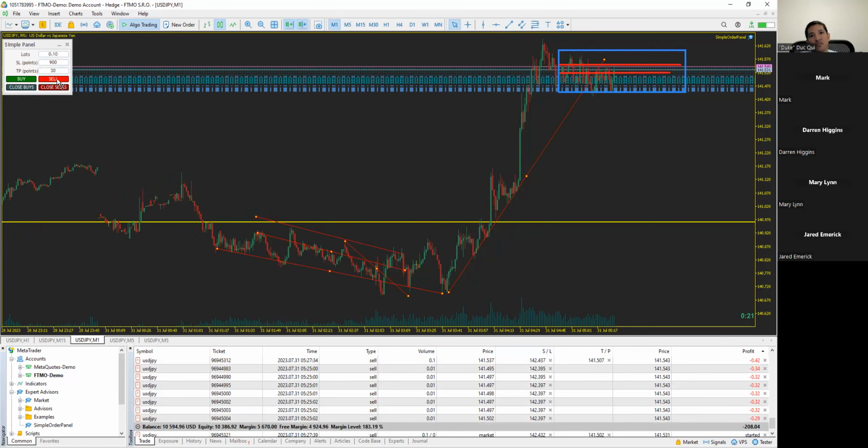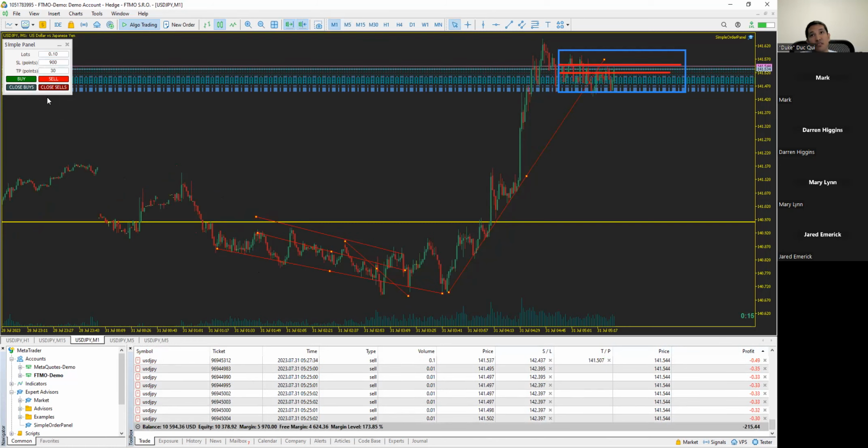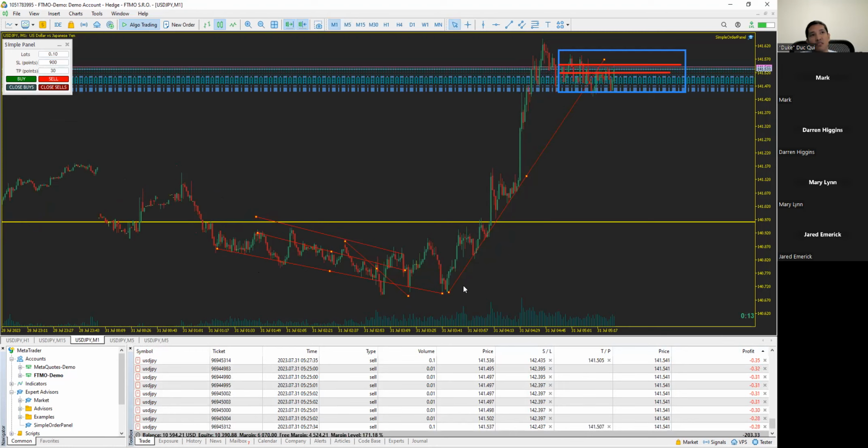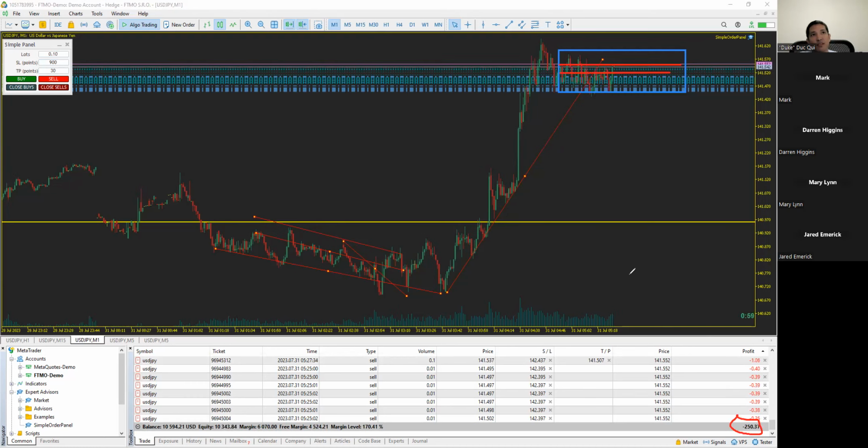more, so 6 lots. So this is being riskier because I'm now risking 2%, 2.5% on a flag, basically. Okay, the only thing about this flag is